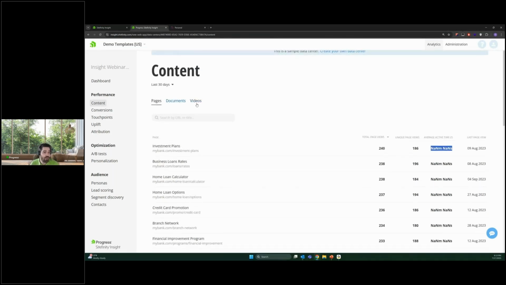Similar to that, documents and videos, if you have any uploaded on your site, we'll see, okay, how popular are they? Are people watching the videos? Are they downloading the documents? So now the more interesting metrics here are going to be conversions and touch points. And we're actually going to start with touch points first